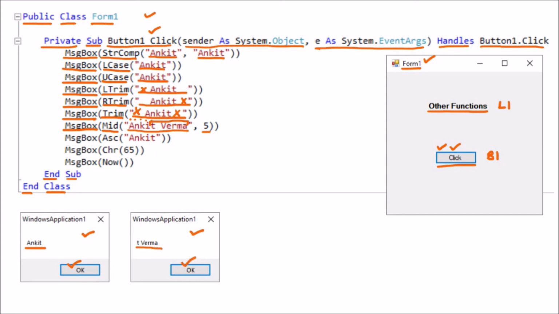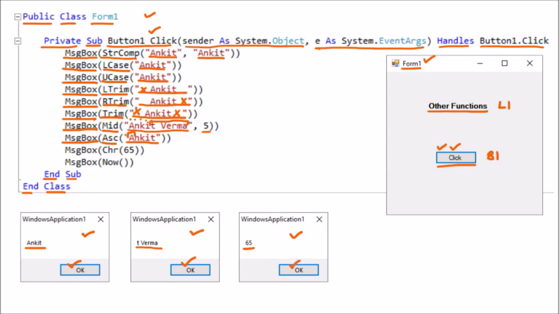So now press OK. The next line we are having is MsgBox. So message box is displayed. Afterward Asc for the ASCII value. Now complete string is given, but the ASCII value of only first letter will be taken. So here only A will be considered. Now this A ASCII value will be returned, and that is 65.